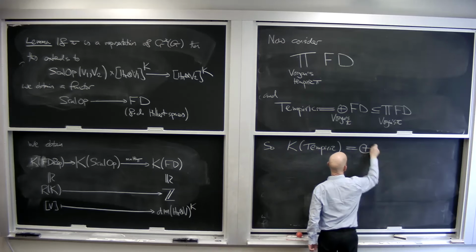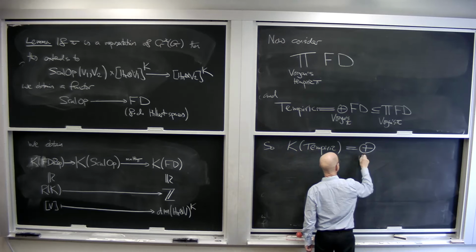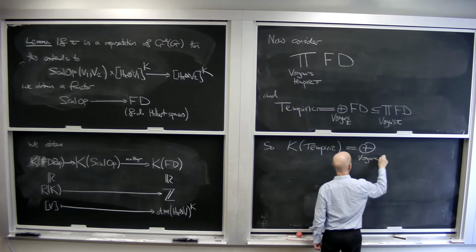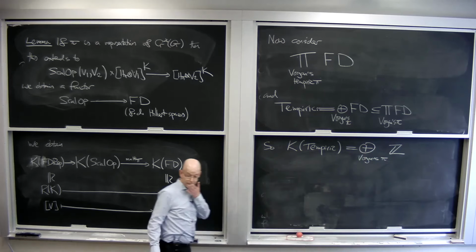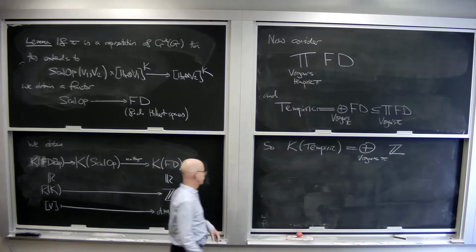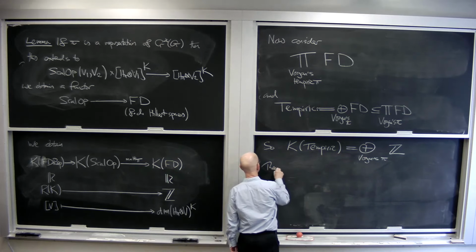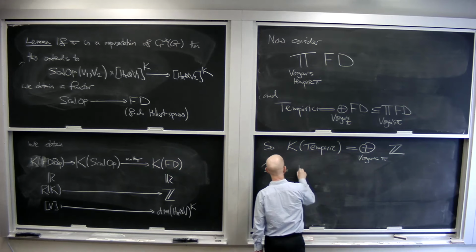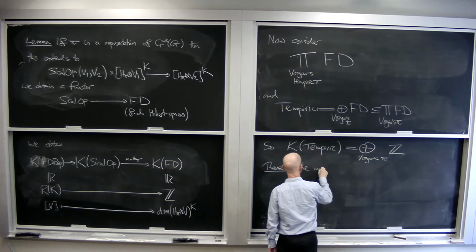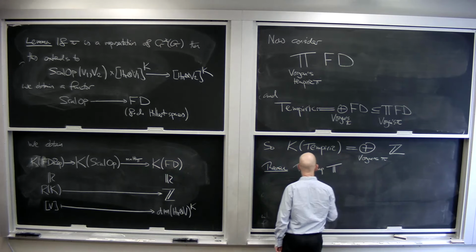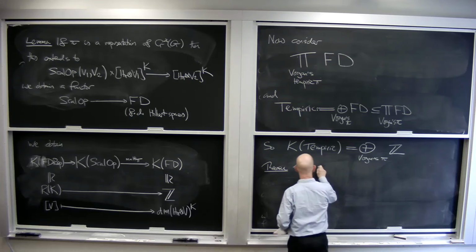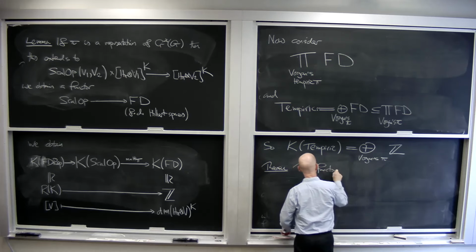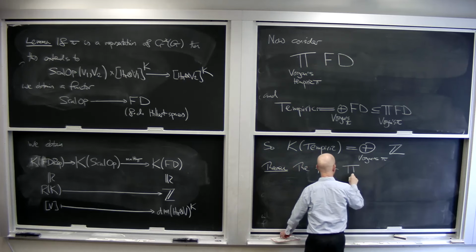This is just a direct sum, not a direct product, over Vaughan's pi, the temperic representations, of copies of Z. If you multiply together, it's supposed to be a, call it a map. All of the functors we just finished constructing